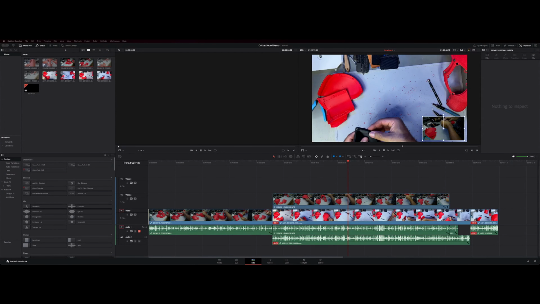So this is a quick tutorial to teach you how you can remove cricket sounds from your audio in your video. So take your video, drag it into DaVinci Resolve. In this case, I have two different video sources, one from my video camera and one from my iPhone. Now the video camera I have hooked up to a DJI Mic 2 with noise cancelling,